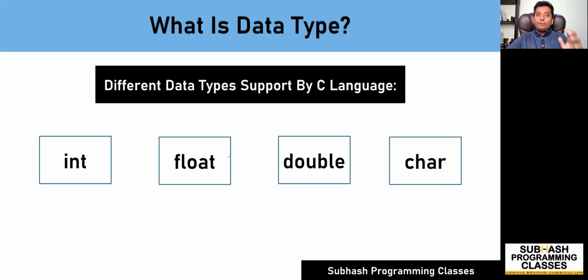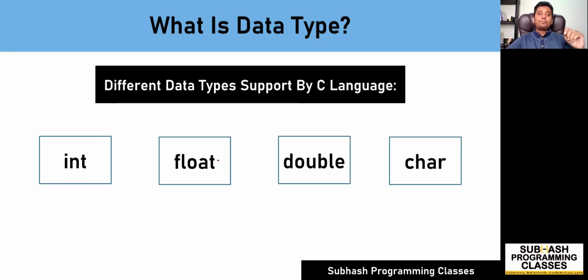It means if you are trying to create a variable using a particular data type, then that data type will indicate to the compiler how much memory has to be allocated for the variable associated with that data type, right? So these are the two things that a data type will indicate to the compiler. The first one is what kind of data or constant it can represent. And the second thing is how much memory has to be allocated for a particular variable. These are the two things.